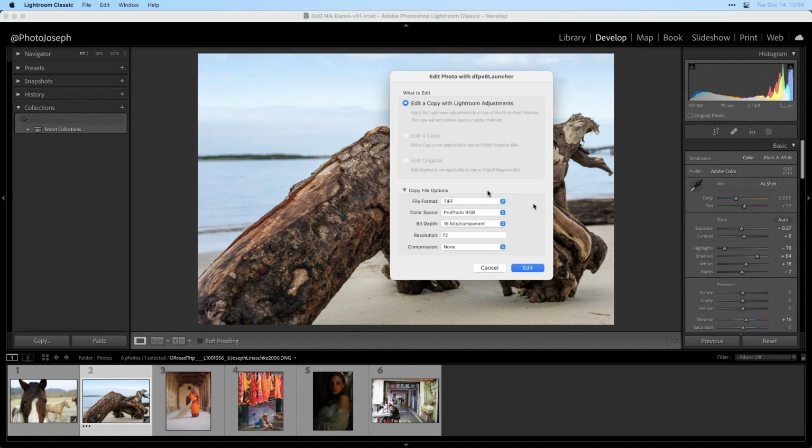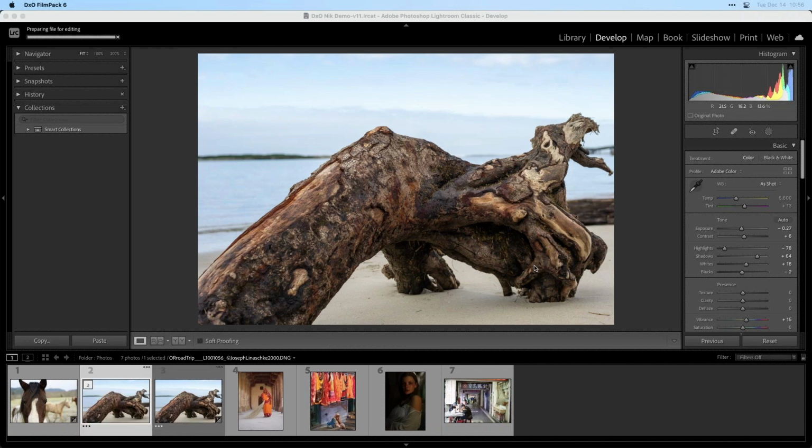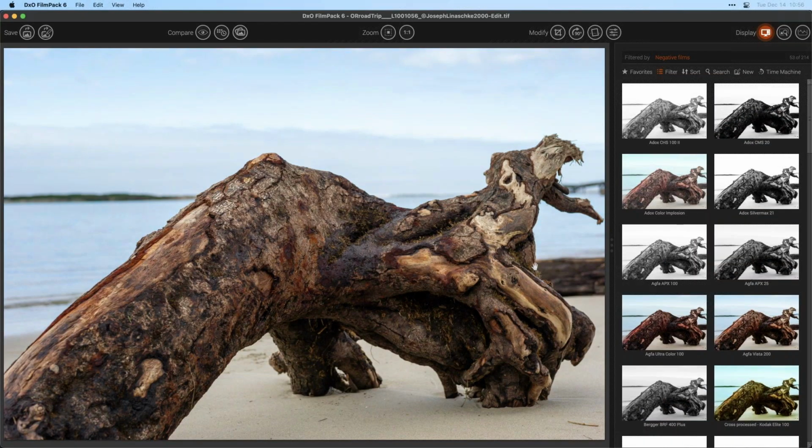It'll be 16-bit, so I will still have highlight and shadow recovery to a degree, but I really wanted to make sure I got that out while I was still in RAW. And let's send this off and play with some black and white looks. As with every other image or every other technique, there are multiple ways to go about looking for your